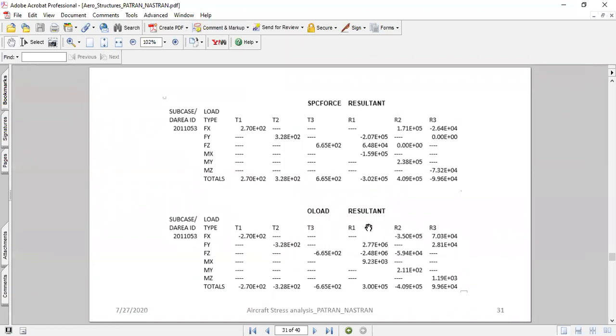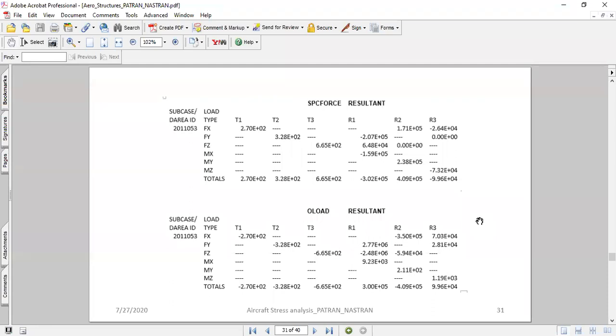And from the F06 file, I cross-checked the constraint forces, whether they are matching with the load applied. Whenever you apply a load onto your structure, imagine a beam constrained at one end.